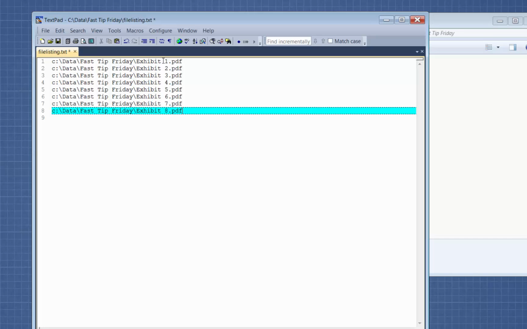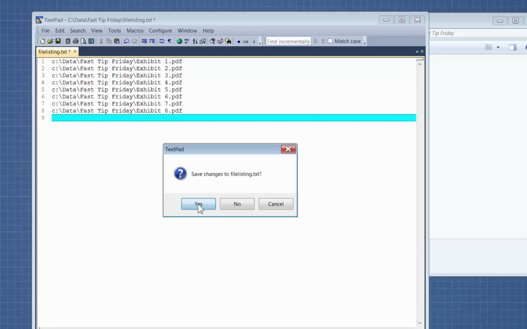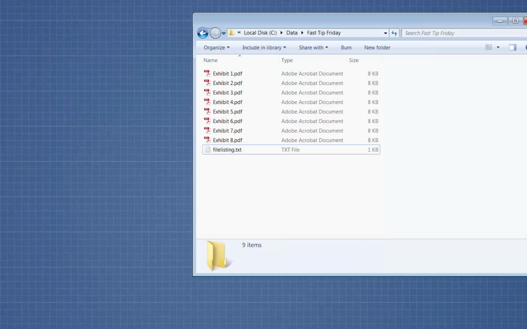So here are all the files with the file path all in the same line, which makes it really easy to pull into a list for the next step, whatever you're going to do with this list of file names. Most likely you're going to pull it into Excel. So in this instance, if I was pulling it into Excel,